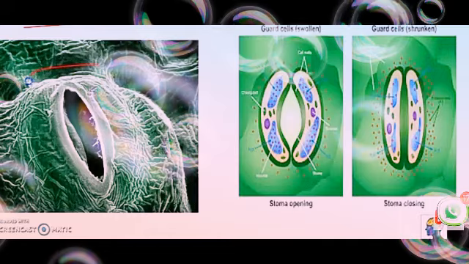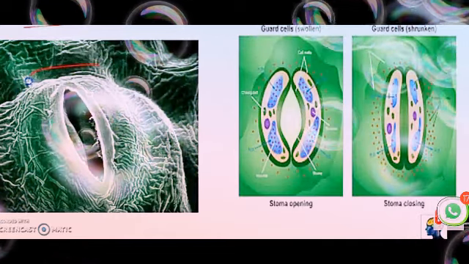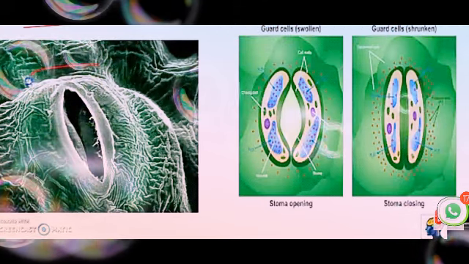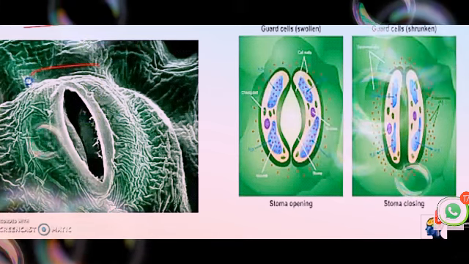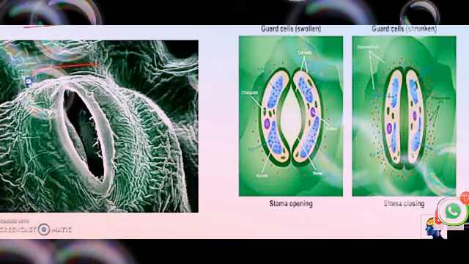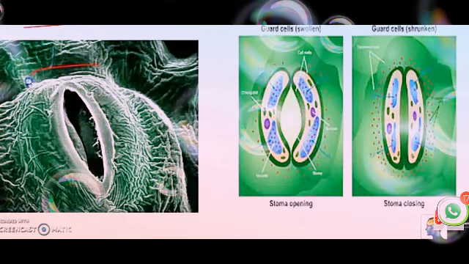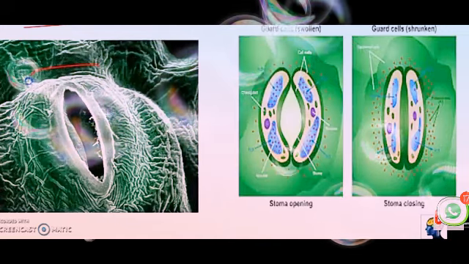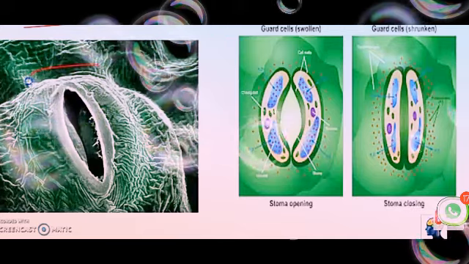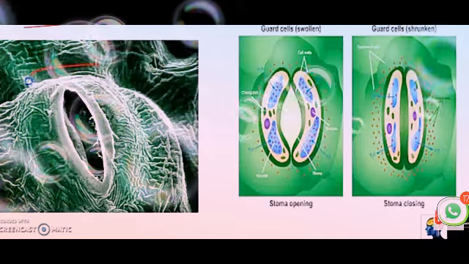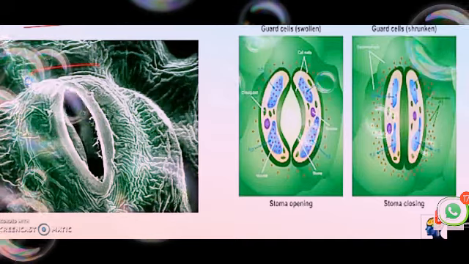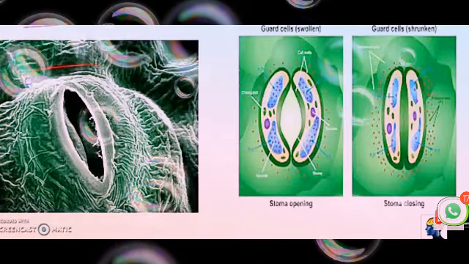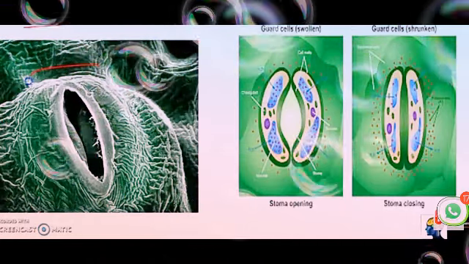Before this lesson, we have learnt what osmotic pressure is, which draws the water from the adjoining cells due to endosmosis, and the cell becomes turgid and bulges out during the daytime. But during the night time, the stomata are closing and the process of transpiration as well as photosynthesis stops. The closing of stomata is for the shortage of water and protecting the leaf from giving out the extra water.